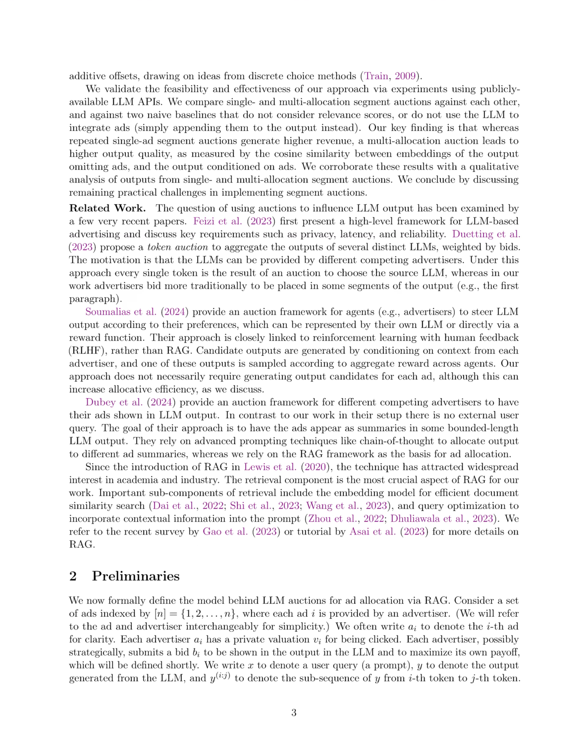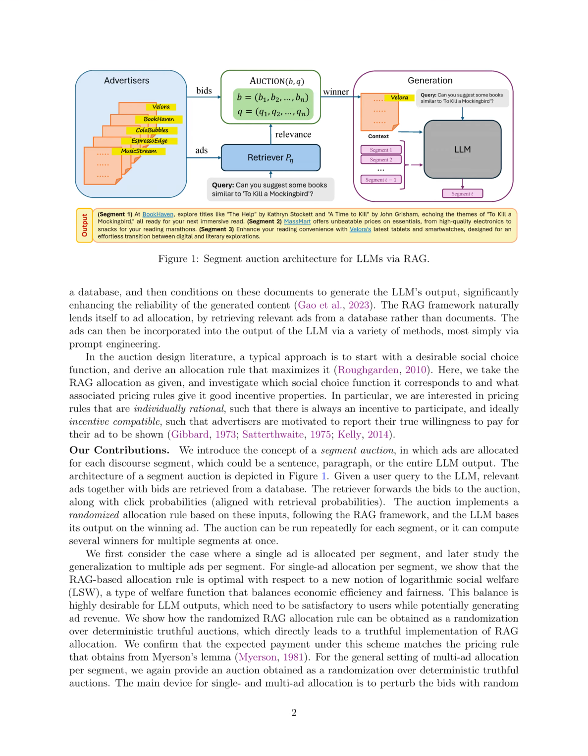10. Output quality. The multi-allocation segment auction demonstrates higher output quality by allowing the LLM to optimize over the entire document, resulting in more coherent and relevant ad integrations compared to single allocation auctions. In summary, the segment auction mechanism efficiently integrates ads into LLM outputs by dividing the content into segments, retrieving relevant ads, running auctions based on the RAG framework, and optimizing allocation for both single and multiple ads per segment to enhance